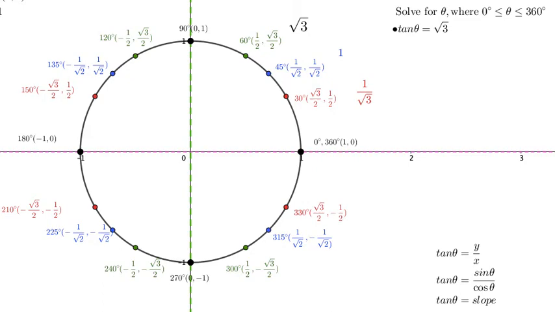We're going to go on to our third example. We're going to solve for theta, where theta is between 0 and 360, under the condition that tan theta is equal to root 3. So just to have a brief conversation about tan theta, it can be a little bit slippery,